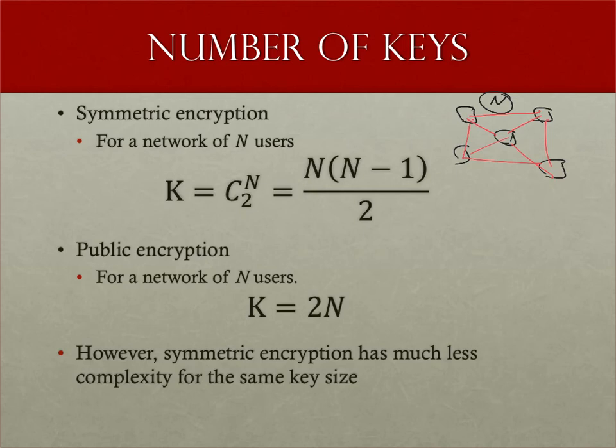However, I have to make sure that it's not redundant. A communicating to B or B communicating to A, in both cases they use the same key. So I have to divide by 2. So it's n times (n minus 1) over 2, or in other words, n combined 2. This is for the session key. The symmetric key has to be generated for any two parties who are trying to communicate. So in the worst case, I need this number of keys. For the case of public encryption, it's not precisely